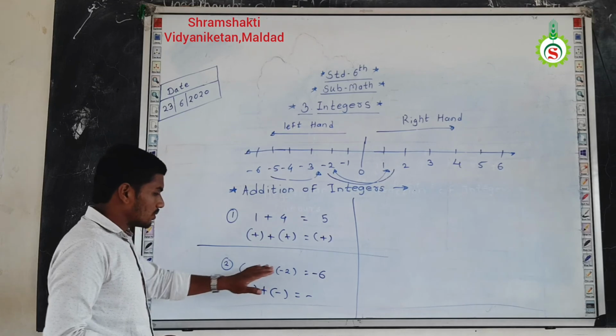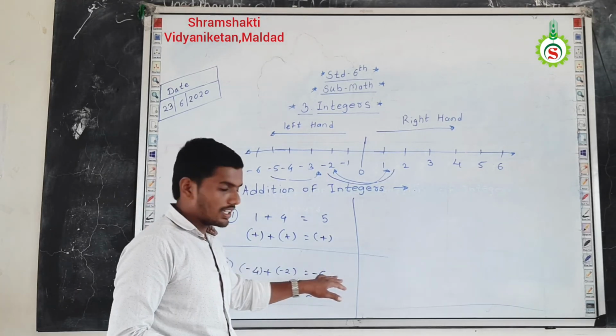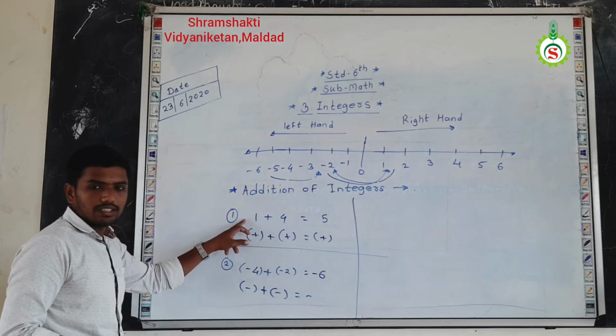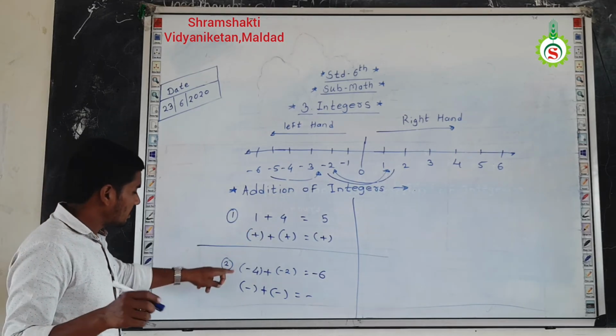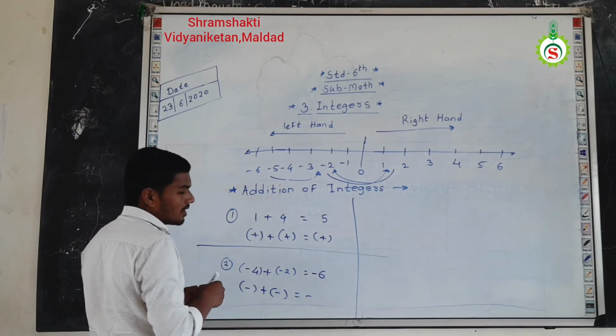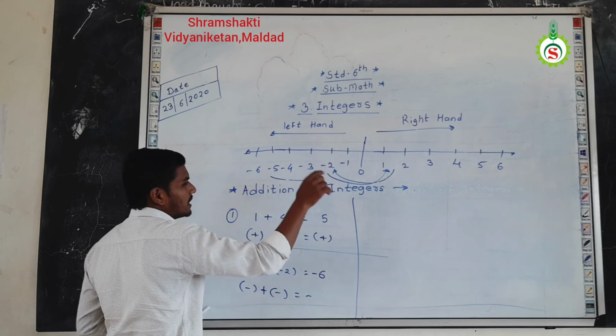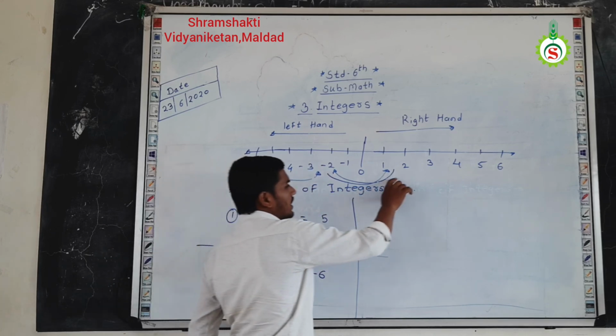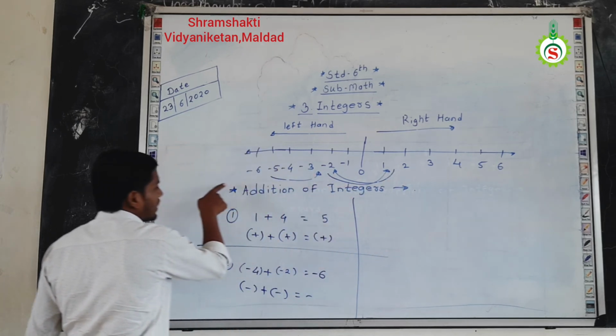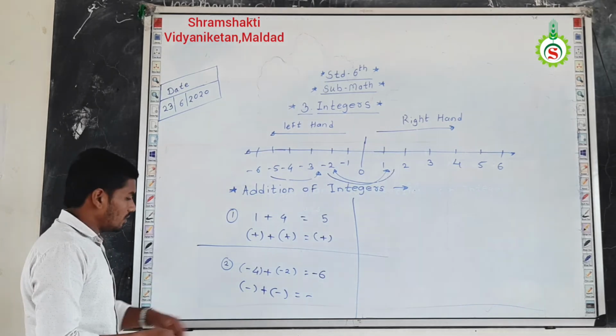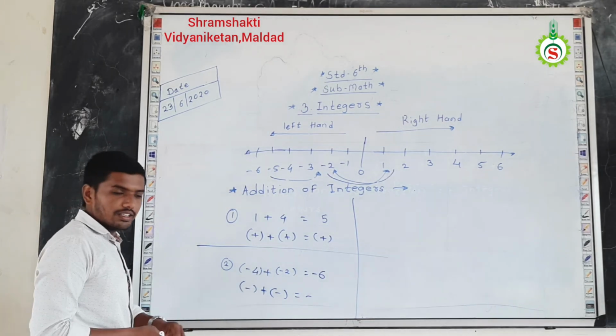Okay. So those are the two examples I have taken. So you have to practice doing the addition of numbers which are from the same region. That means you can take positive positive numbers or you can take negative negative, and you have to do the addition. Okay. So friends,